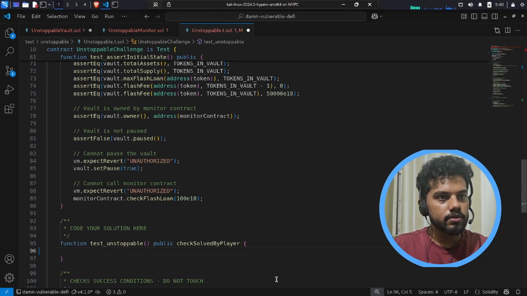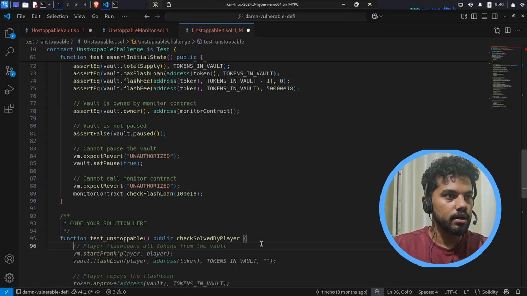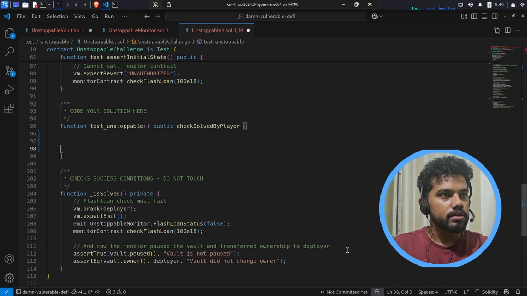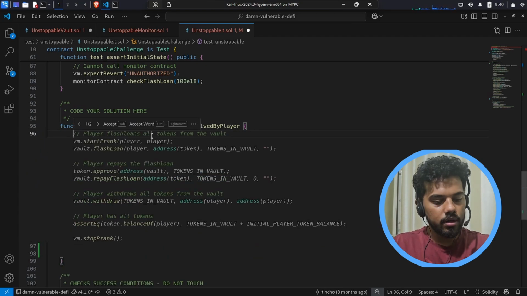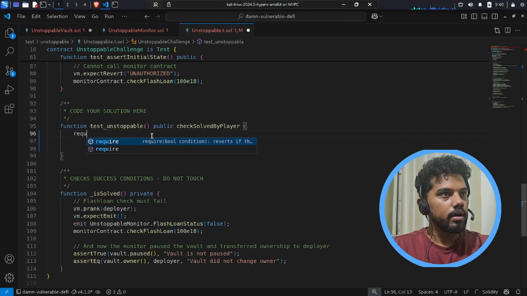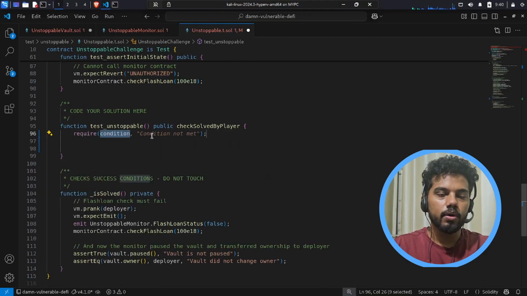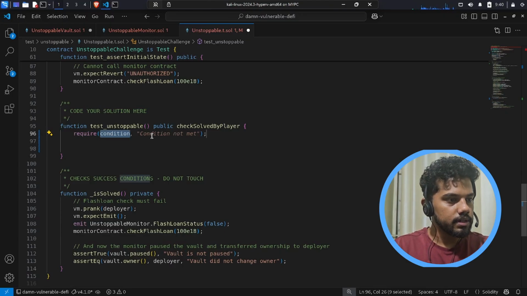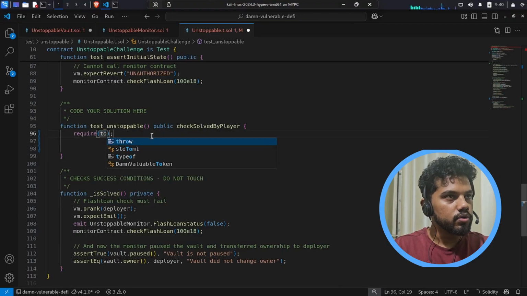And this is actually the function that is the test unstoppable function. Okay, it's already giving me some random things based on stuff. But what do I really need to do now? I just should do require. Why are you doing require? Requiring is making sure that your condition anyways succeeds, and we do token